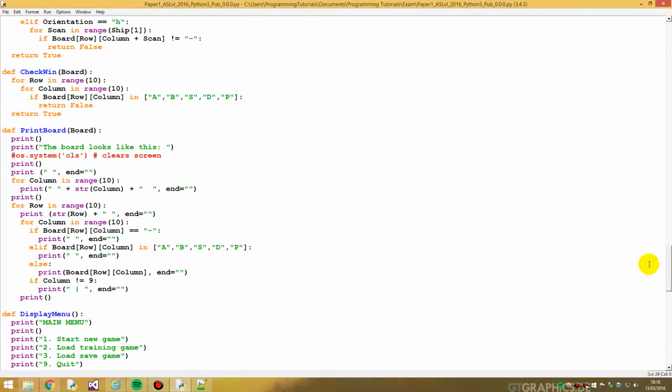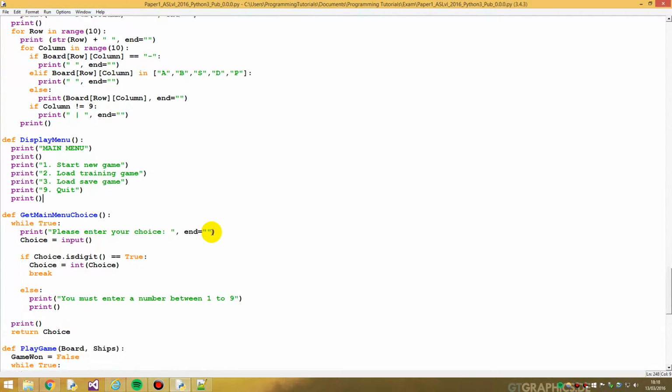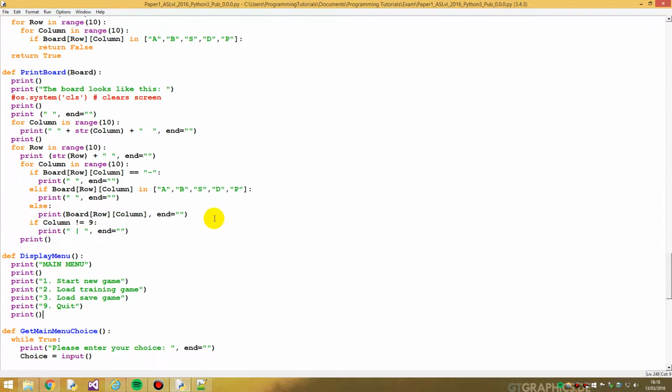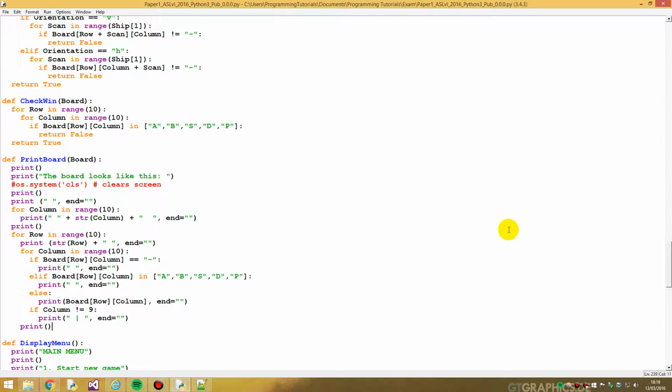If I look at the print board, this prints the board, but one thing it does is hide how the board looks, it kind of hides those pieces,